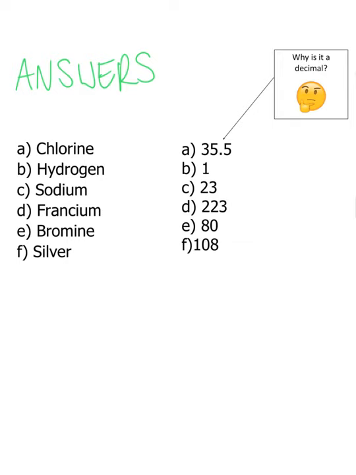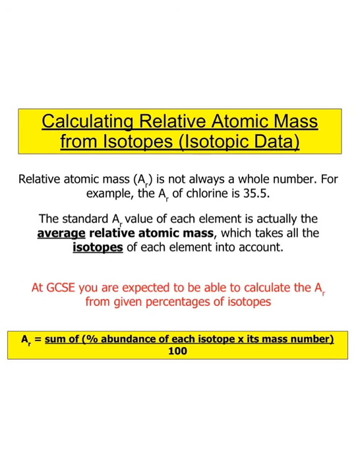Now, an isotope is kind of like a different form of an element. It's something that's taught quite early on in the course, in the first couple of chapters of any GCSE course. The standard definition is the same number of protons, different number of neutrons. That's what an isotope is. So I'm not going to talk too much about what isotopes are and their definition. But what I am going to talk about is how we can use the data of an isotope to calculate